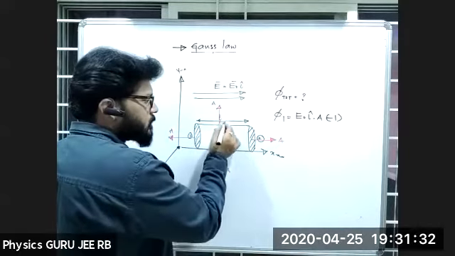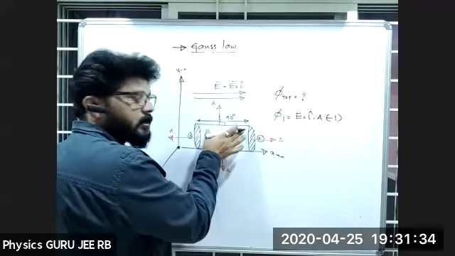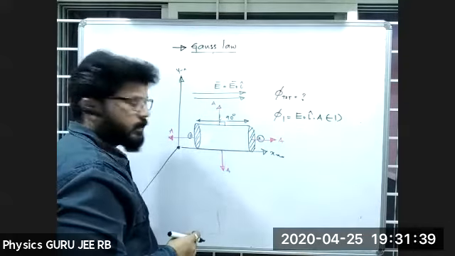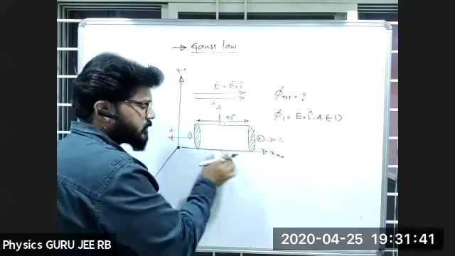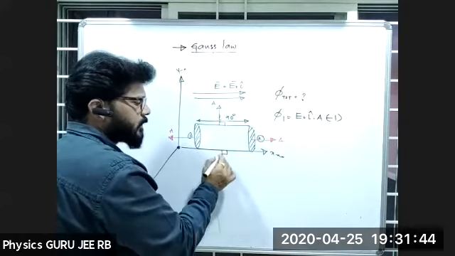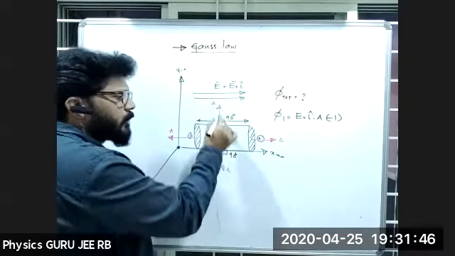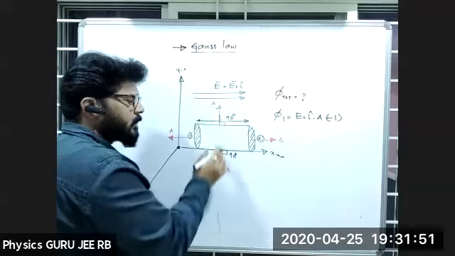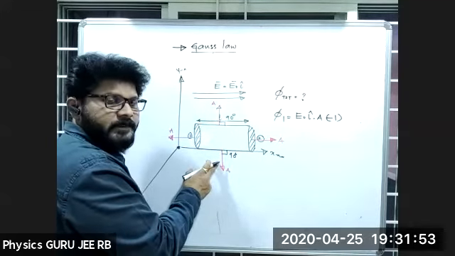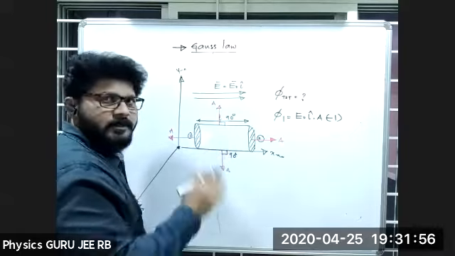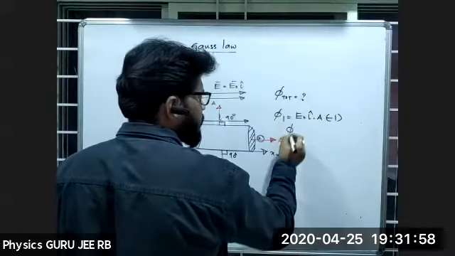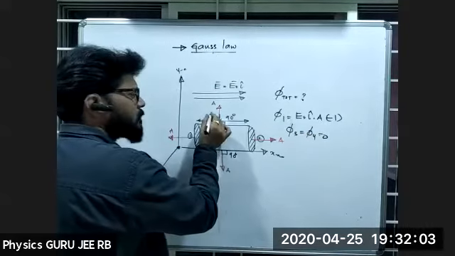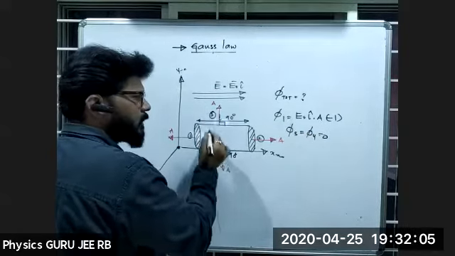Next, for this one, this is nothing but 90 degrees. For the curved surface, area as well as electric field, it is 90 degrees. And for this curved surface, area and electric field is 90 degrees. So there is no point discussing these, because for these curved surfaces the angle between area and electric field makes the flux 0. That means I can take phi 3 equal to phi 4 equal to 0.